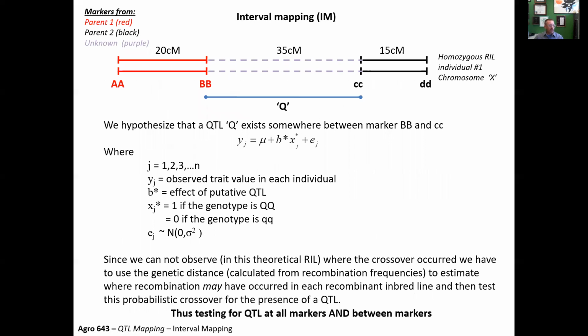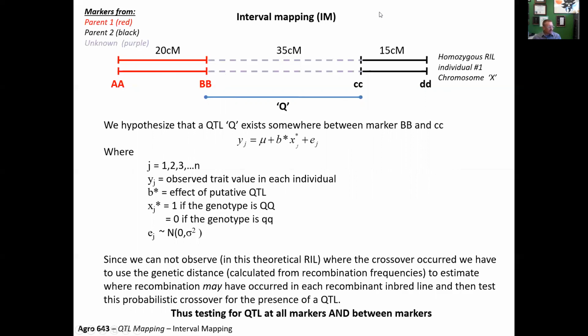So I'm just going to briefly go over interval mapping. What I showed you before was single marker analysis. It's the simplest, most straightforward type of genetic mapping. But interval mapping, I'm going to skip over all the equations, because there's software that basically does this for you. You input your genotype, and you input your phenotype, and you are able to calculate where in the genome